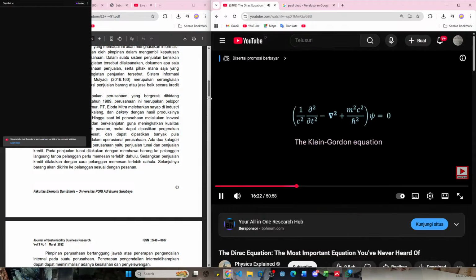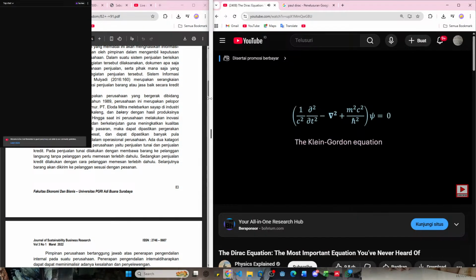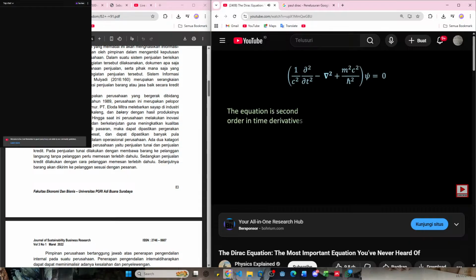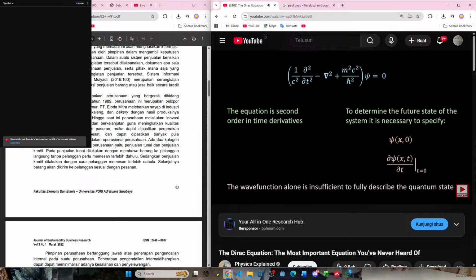Now, while the Klein-Gordon equation is indeed relativistically invariant by construction, it introduced several significant problems. Firstly, the equation is second order in time derivatives, since it contains d2 psi by dt squared. As a result, in order to determine the future state of the system, it's necessary to specify both the initial wave function at t equals 0, as well as the time derivative of the wave function at t equals 0. In other words, unlike the Schrödinger equation, the wave function alone is not sufficient to fully determine the quantum state